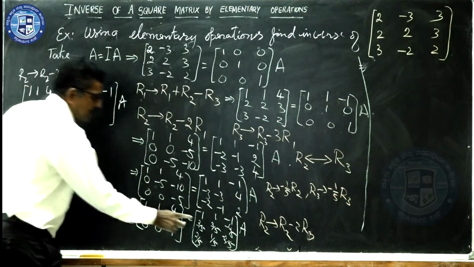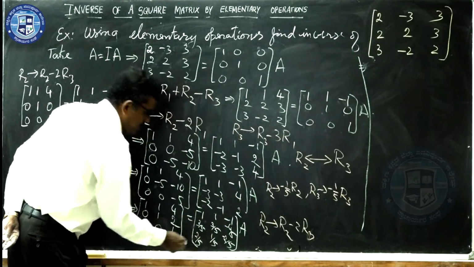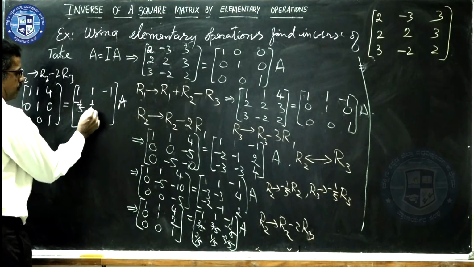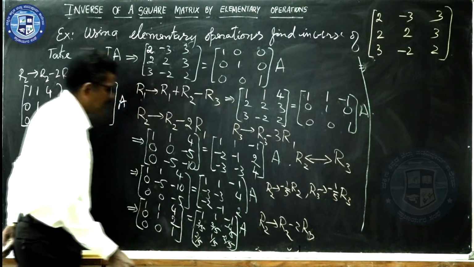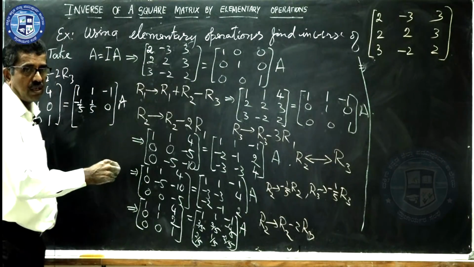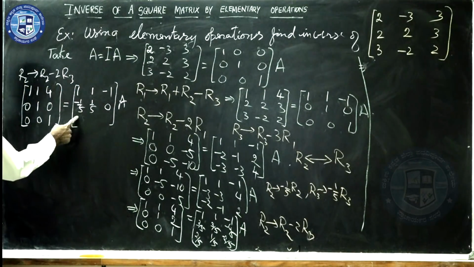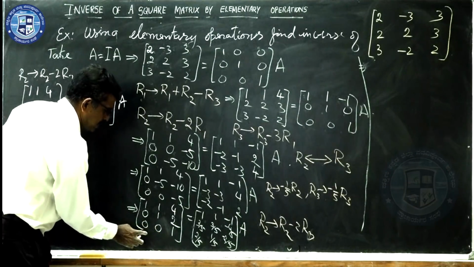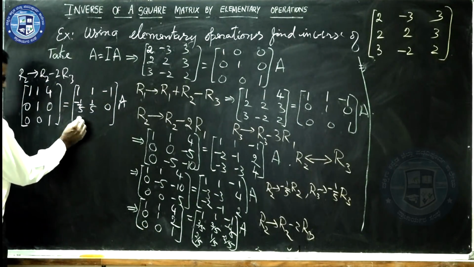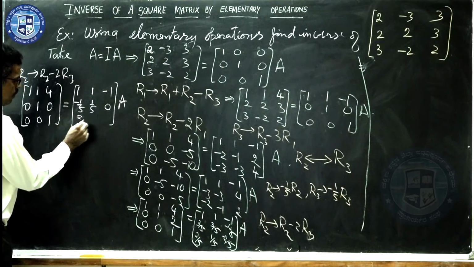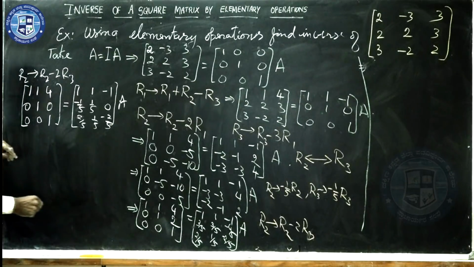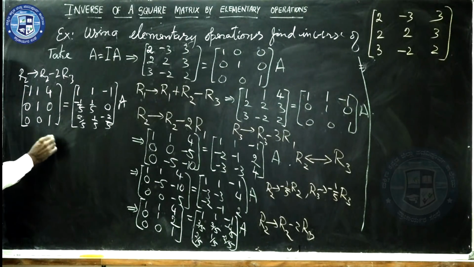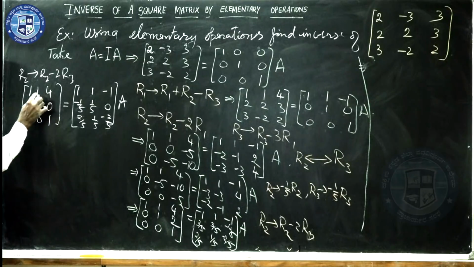Next we have 3 by 5 minus 2 times, it is plus 1 by 5. And then minus 4 by 5 plus 4 by 5 will be 0. Next we have, what is this one? No changes in the last row, it is 2 by 5, 1 by 5, minus 2 by 5. So, next what do you expect? In order to make this one 0, what can be done here too?